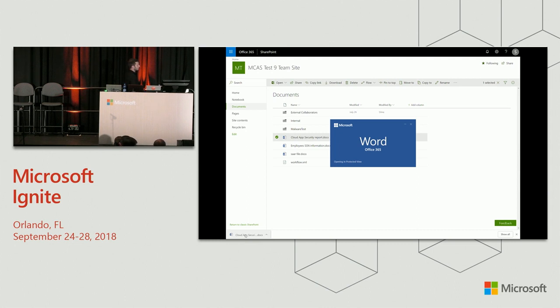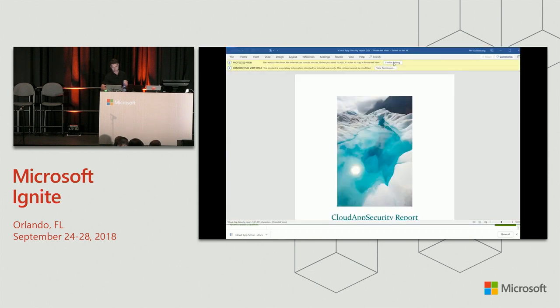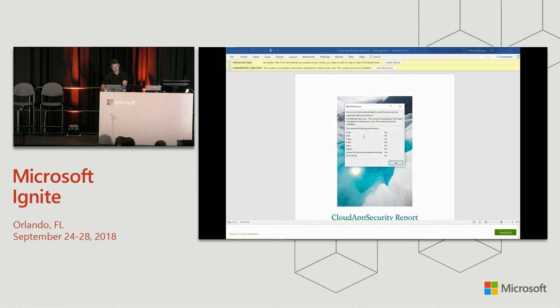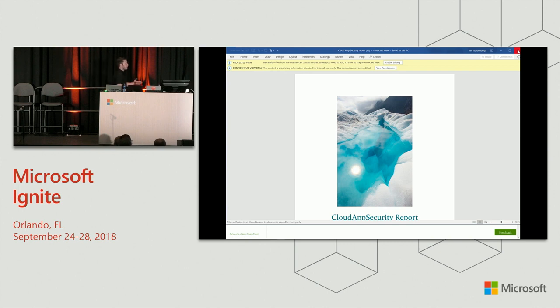And now that it was downloaded, we apply within real time this additional protection. So you can see here that the file was added with the permissions only to specific users, and now I am limited only to view, and I could not do any changes in this file.